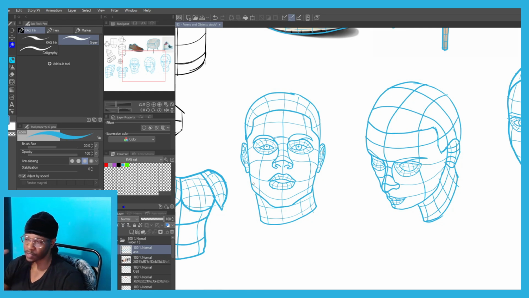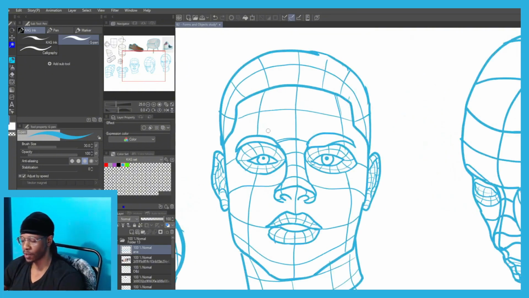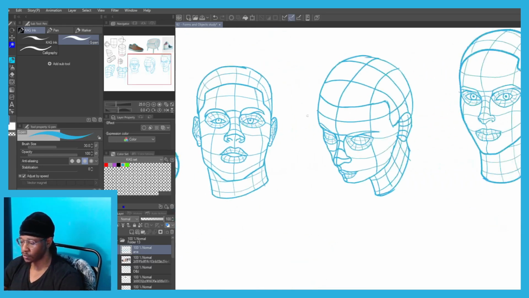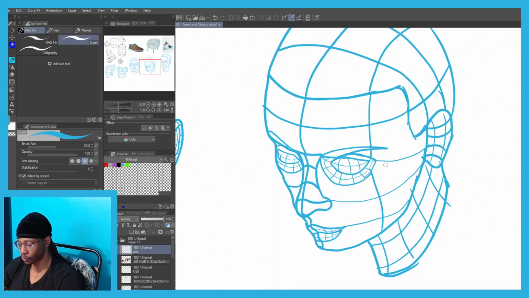It's pretty much the same as the study that I forgot the name of, but you guys will know because I'll put it in the edit once I remember. But yeah, the main thing you want to break down in the face is really the different planes of the face, you know, the front view, the side, and all this stuff. And you get that by doing the contour lines. As you can see, the planes are going to be different, you know, like when you